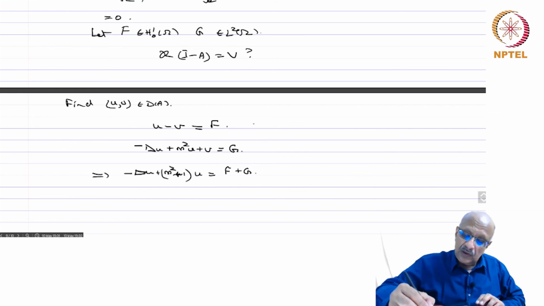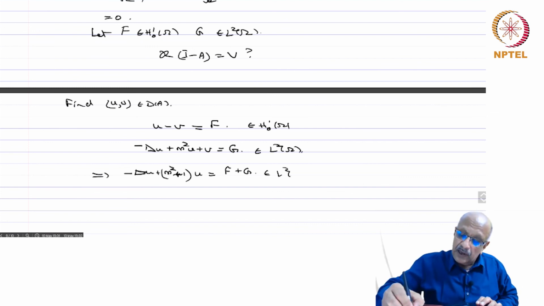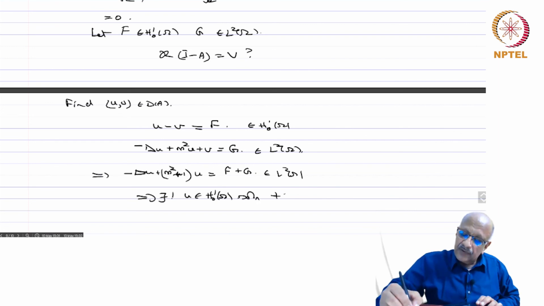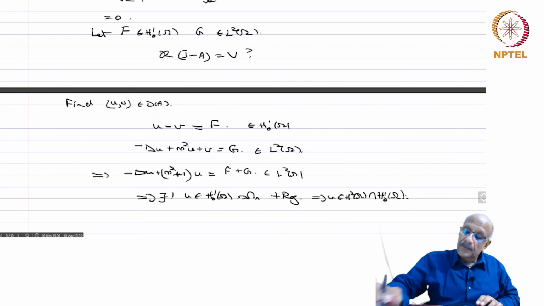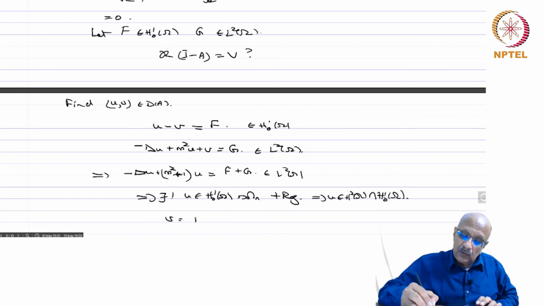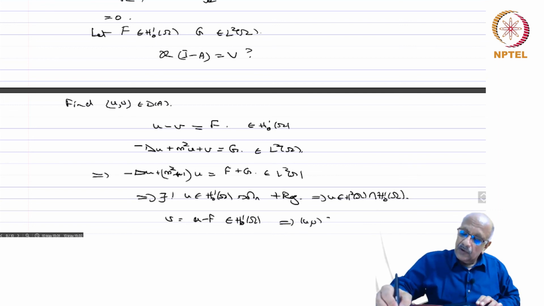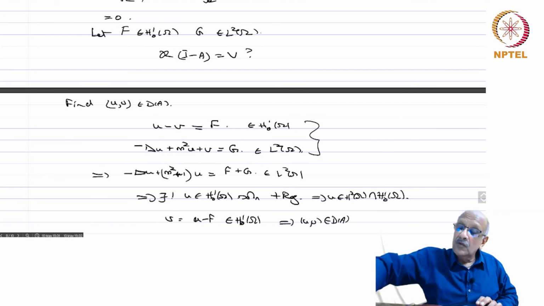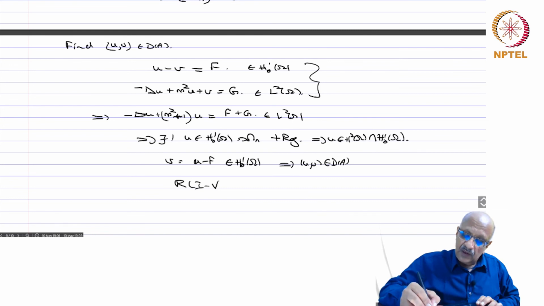So, capital F belongs to H^1_0(Omega) and G belongs to L^2(Omega), so F plus G belongs to L^2(Omega), which implies there exists a unique u in H^1_0(Omega) solution, and regularity implies u belongs to H^2(Omega) intersection H^1_0(Omega). And now you can write v equal to u minus F, and this belongs to H^1_0(Omega). So this implies (u, v) belongs to the domain of A, and it solves the system of equations. So the range of I minus A is everything, and this implies there exists a unique solution with the required properties